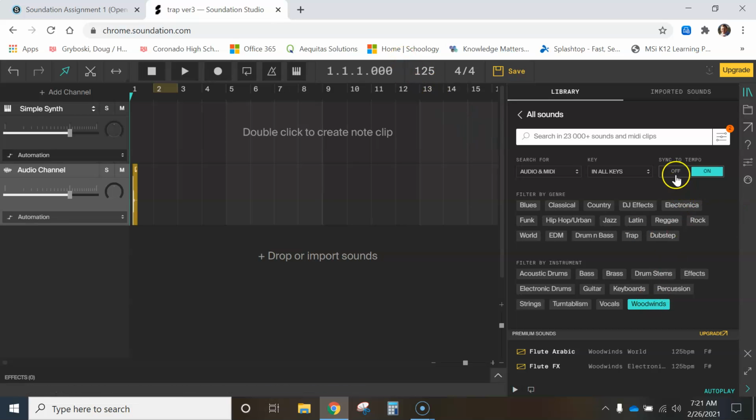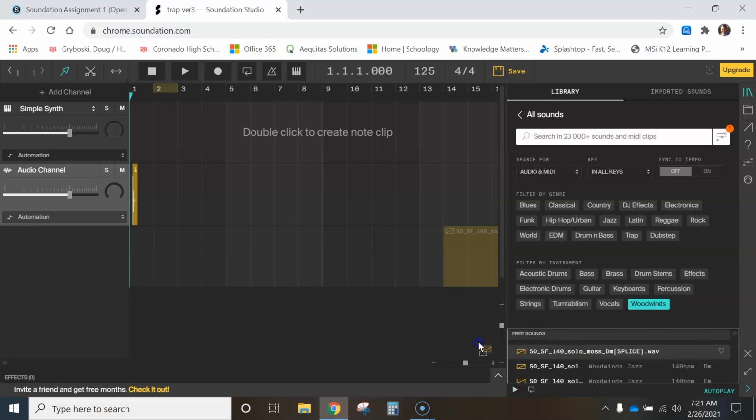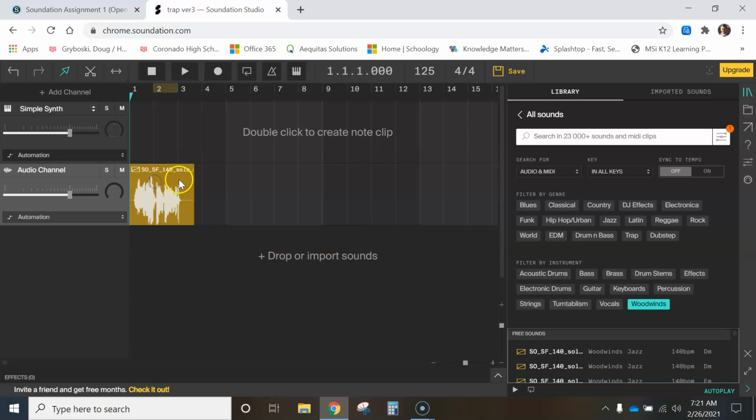So if I wanted to find woodwinds, I have to turn this off in order to find the free ones. And then, like he says in the video, when you drag it up and add that clip, you might have to change, let's see, he talks about time stretching it, or there's another term I can't remember, but time stretch to match the tempo that's up here. Anyway, I just wanted to give you guys a heads up, because he just assumes that you know how to use this library over here. Alright, you guys,